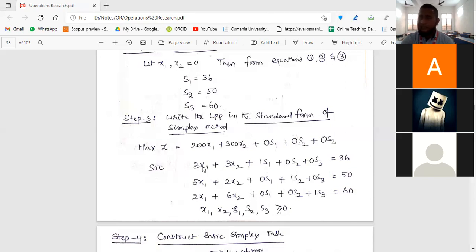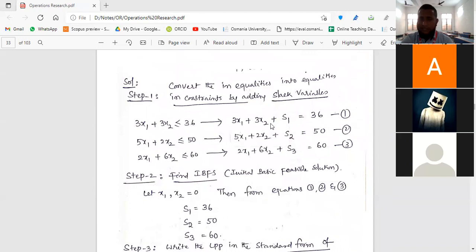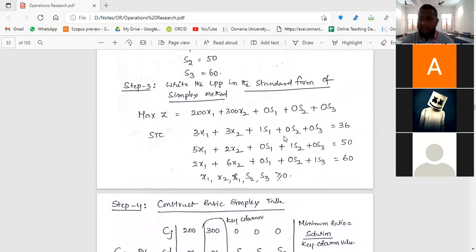Now, in the constraints also, 3x1 plus 3x2 plus S1 is equal to 36. This is the equation we have here. Equation number 1 is 3x1 plus 3x2 plus S1 is equal to 36. Same equation we have written, plus I have also added S2, S3 because we are adding 3 slack variables here. So in every equation, you should have 3 slack variables. But from which value it is multiplying, that matters a lot. You should not put 1 here because if you put 1 for S2, then the value will change. Put it as 0 only.